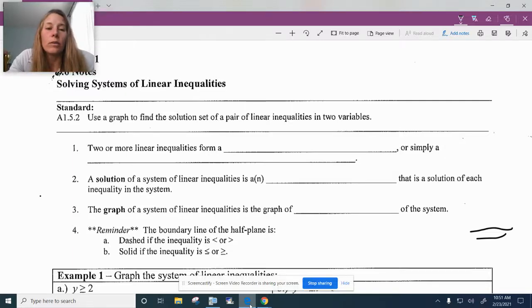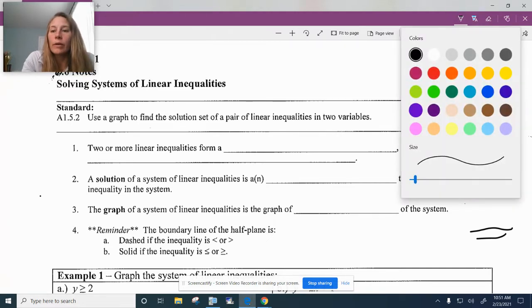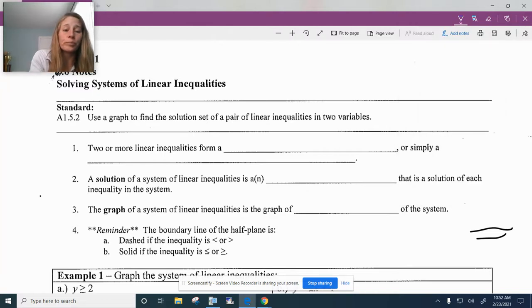Today our lesson is on solving systems of linear inequalities. So the first thing that we're going to do is go through this background information. So to use a graph to find the solution set of a pair of linear inequalities in two variables is